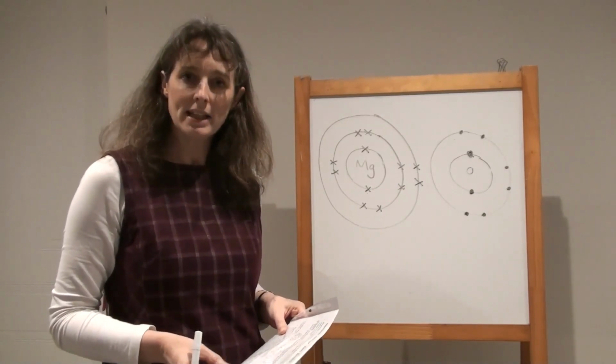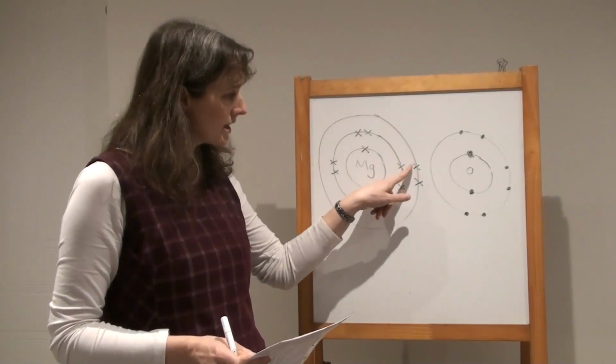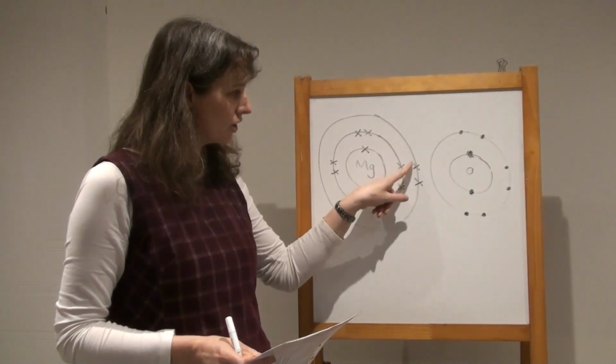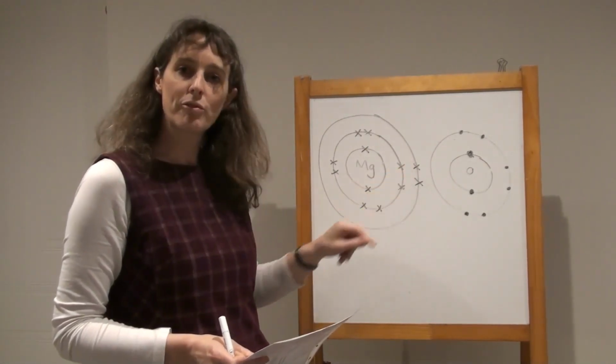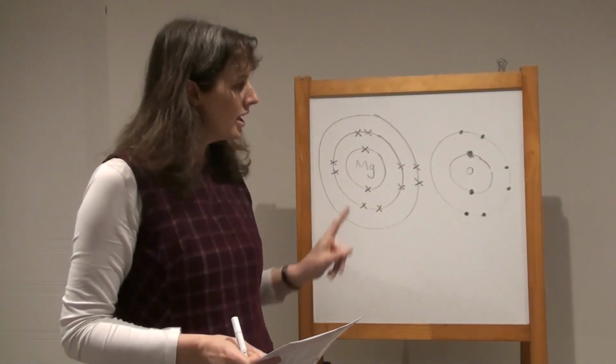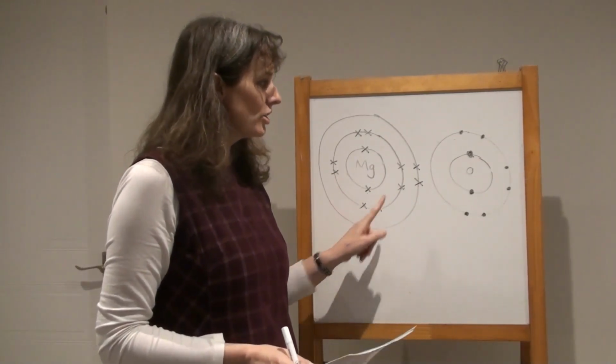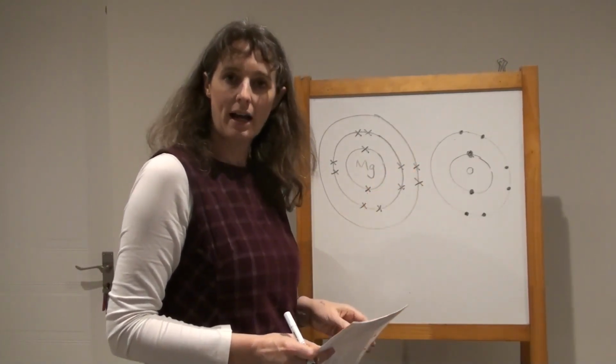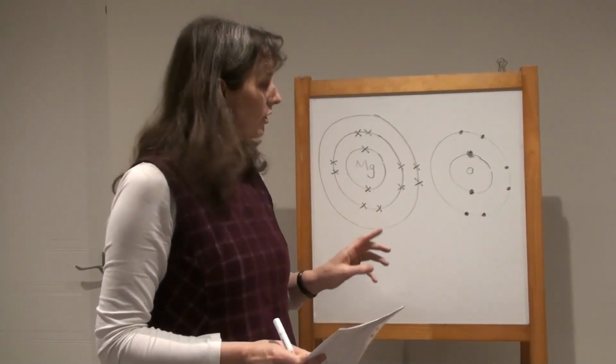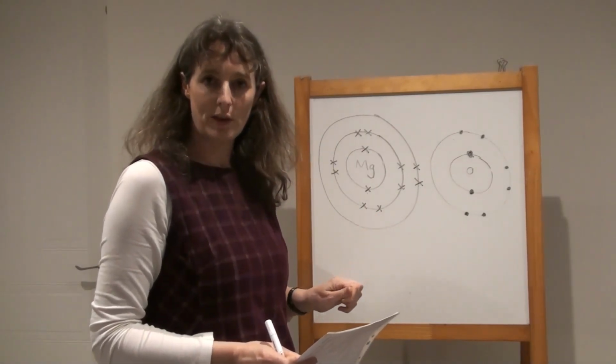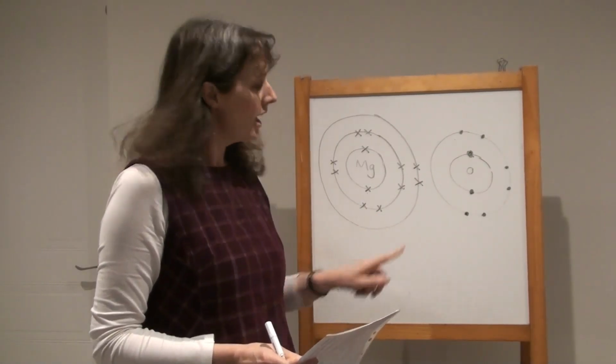So magnesium, of course, loses these outer 2 electrons, so loses 2 electrons from the outer shell. Those are transferred to oxygen's outer shell, and so oxygen gains 2 electrons into its outer shell,